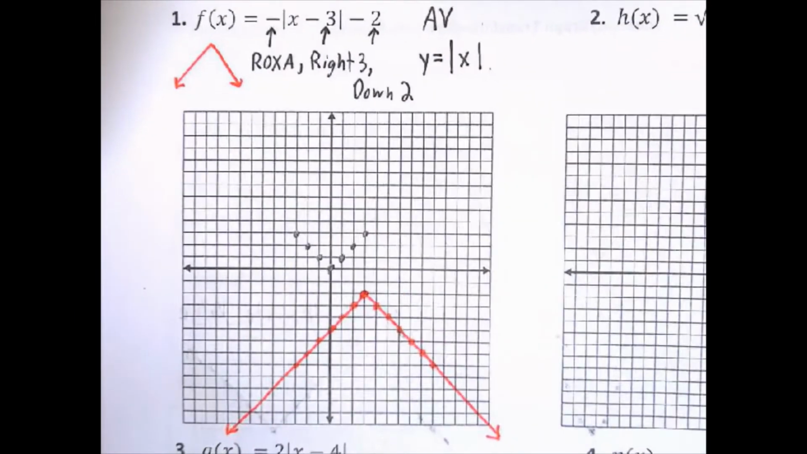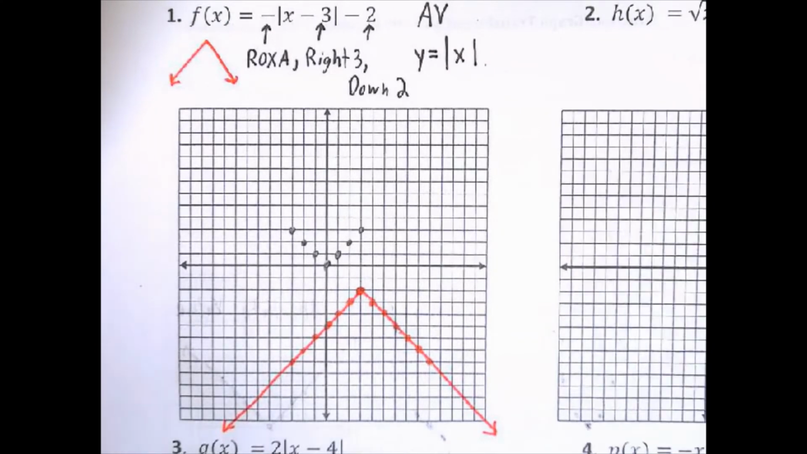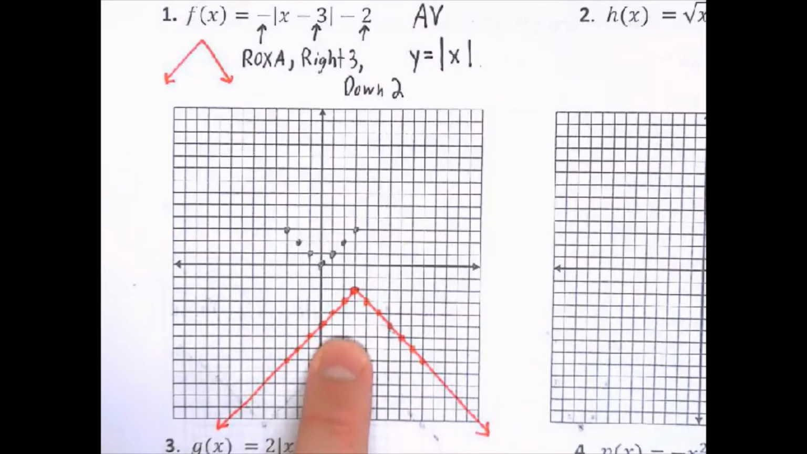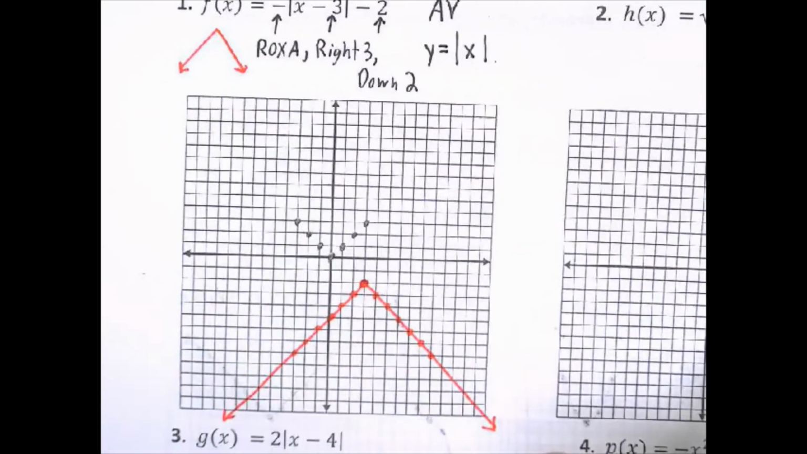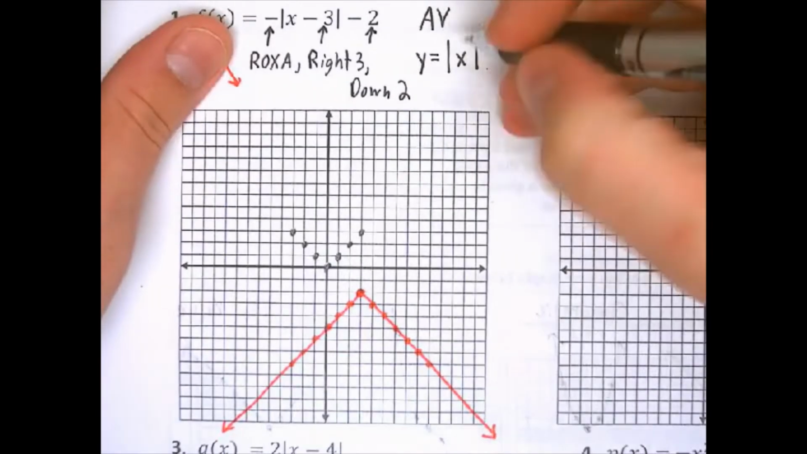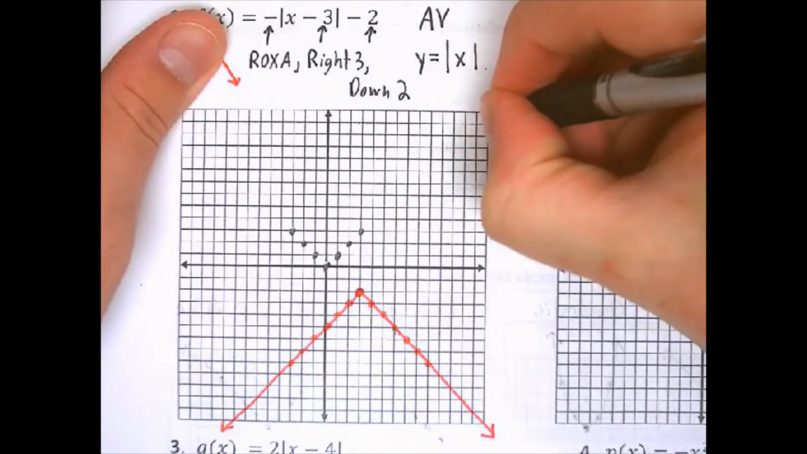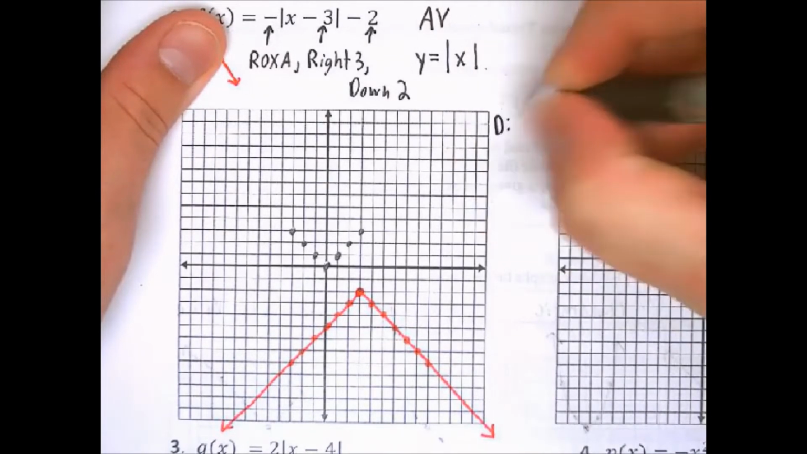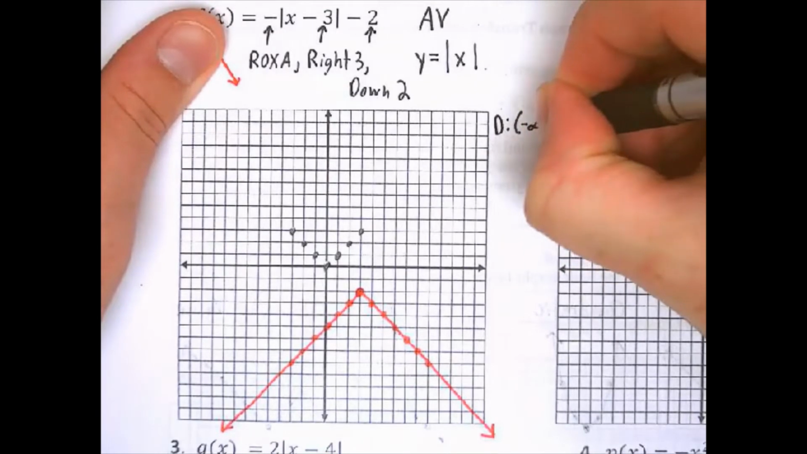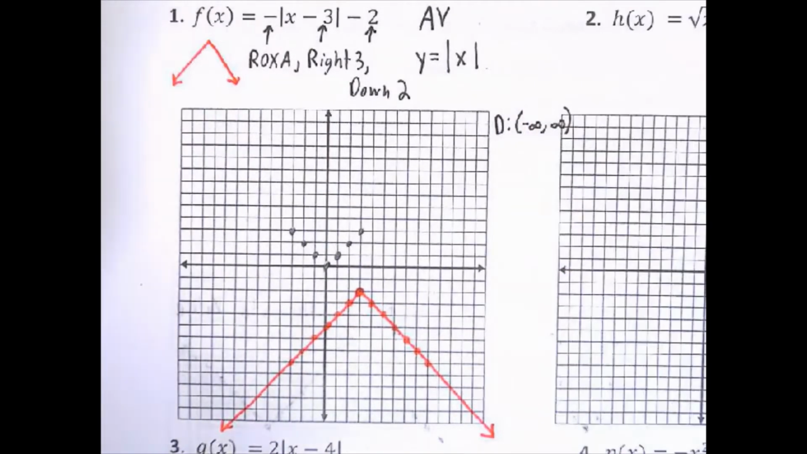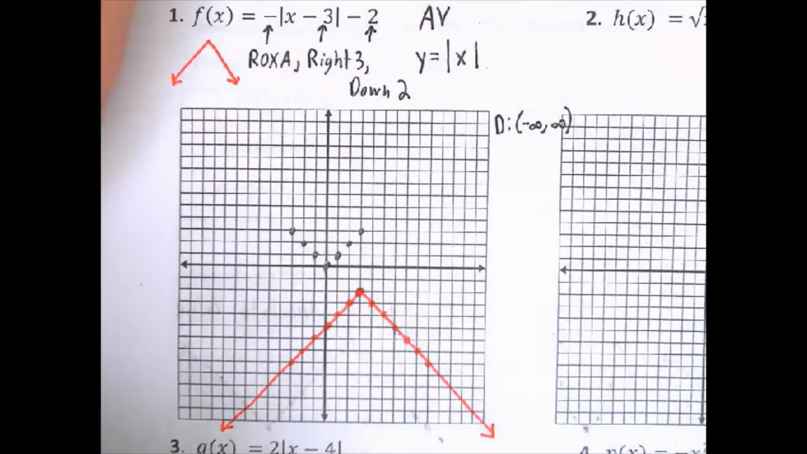Now the question that I'm going to ask is, what is the domain and what is the range? So the domain, it goes to the left forever, it goes to the right forever. So therefore my domain, and I'll put D here, is parentheses negative infinity, comma, infinity. And my range